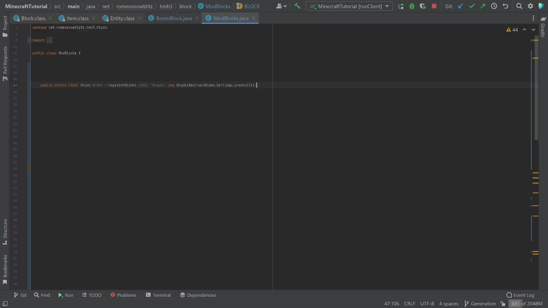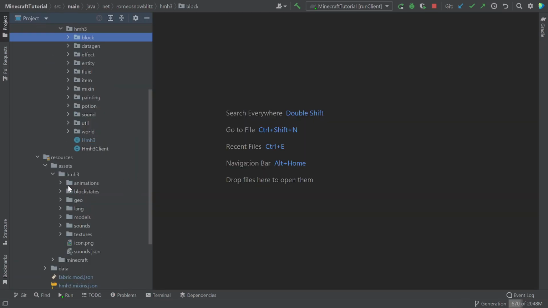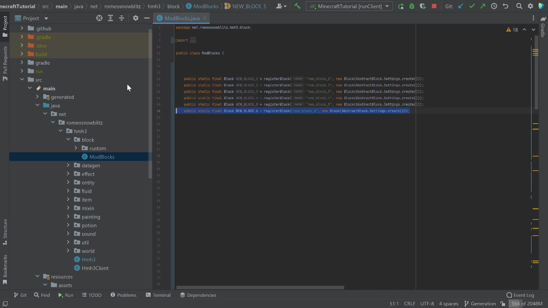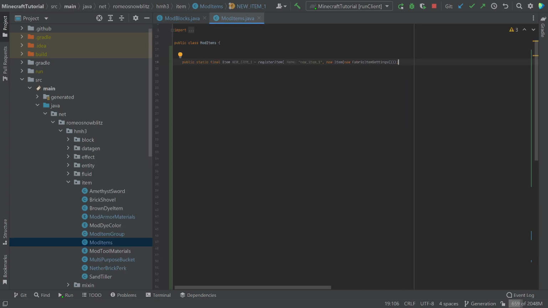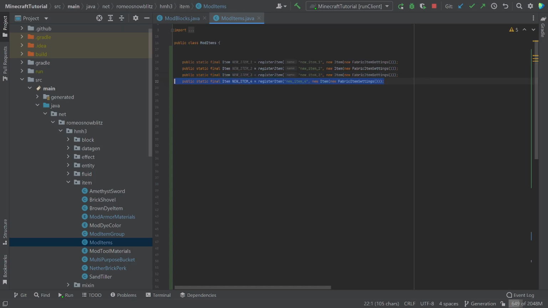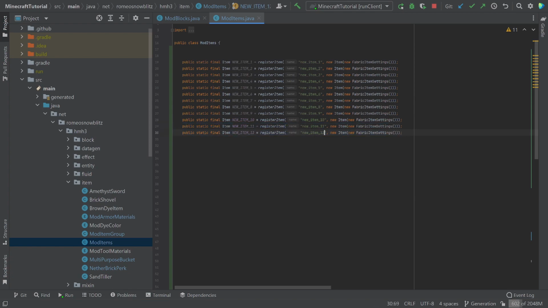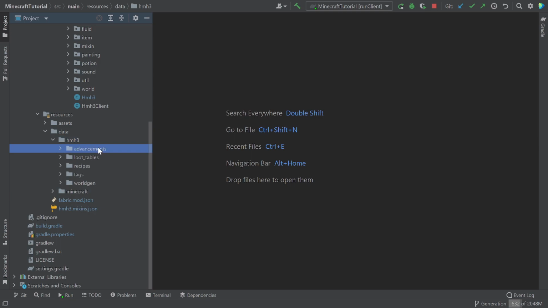In this tutorial series, we're going to start with obviously starting up, and then we're going to make a block. After we make that first block, we're going to be going through all of the important asset files. After all those asset files are done, we're going to go back and make a method for each block that can be done. After blocks, we're then going to go through the items, and we're going to make an item for every item method that we can go through. And finally, after we go through all those items, we're going to go through a lot, but not all, of the data files.